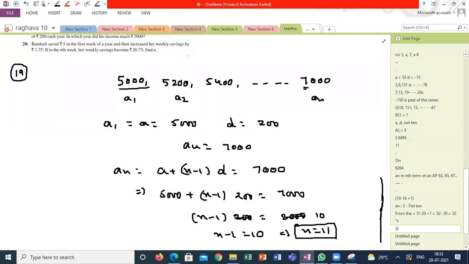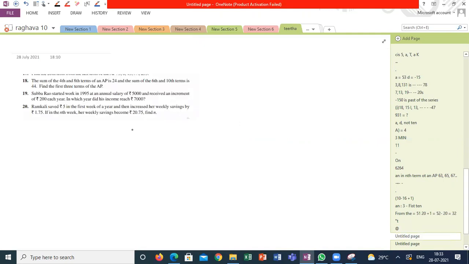It's very simple to discuss in which year he is getting the salary of 7,000. The only thing is understanding the scenario and connecting it to this problem, which is related to arithmetic progression. Otherwise, you have to write 5,400, 5,600 like a series in rough work and blindly give the answer. It won't work for bigger numbers, bigger series. Is it clear, guys? Shall I go for the next question? Yes, sir. The last question from this.